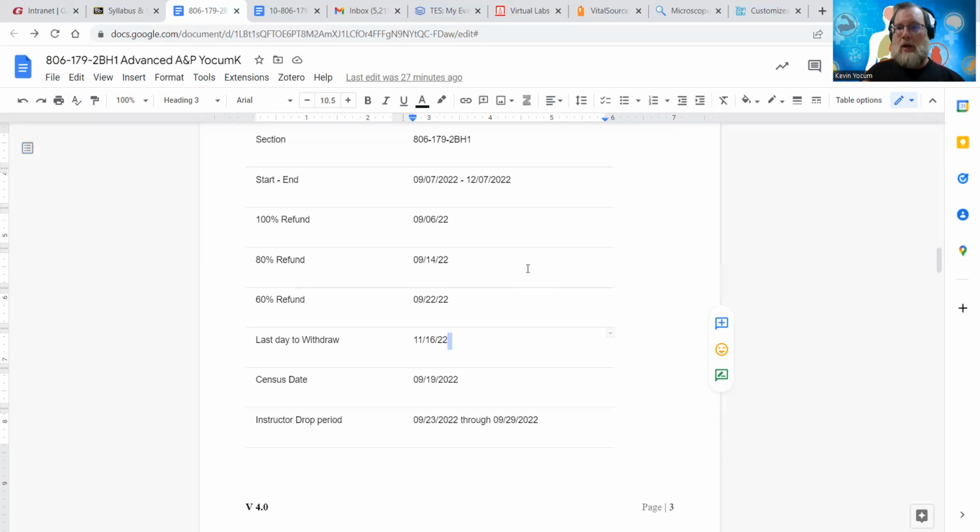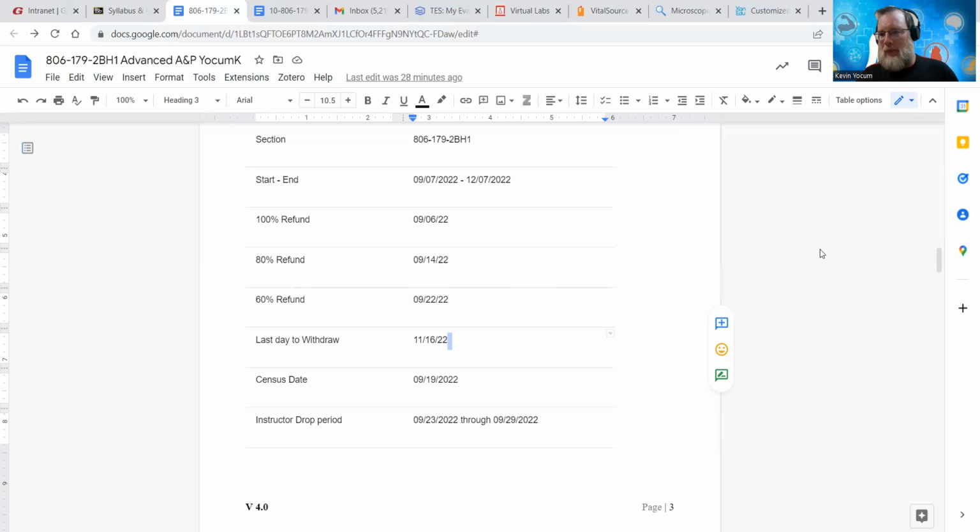It's much better for everybody, your financial aid and your GPA, to withdraw from a course than to get an F or a D. We don't want either of those to happen. I'll do everything in my power to ensure that you have the opportunities to complete the course and get the grade that you need. These dates and rules exist for exceptions, so generally speaking, students don't have to worry about any of this.